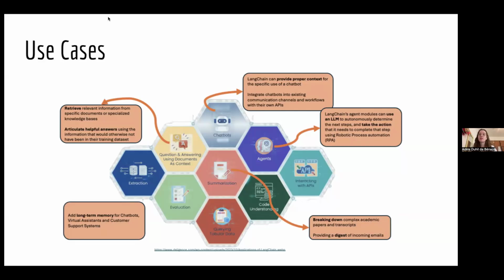And finally, it can also integrate a long-term memory into AI systems, which is especially valuable for making chatbots, virtual assistants, and also customer support systems more consistent and more human-like over time. So let's get to the next slide.